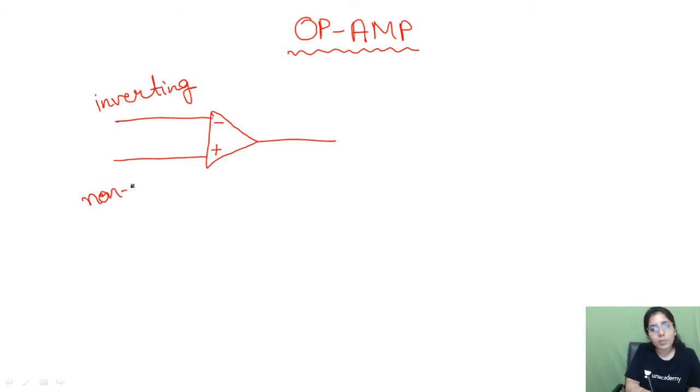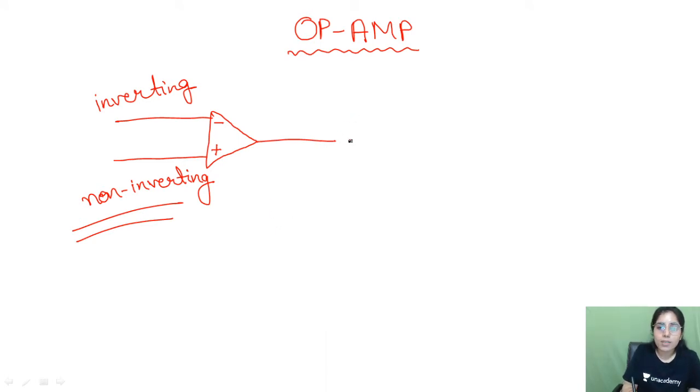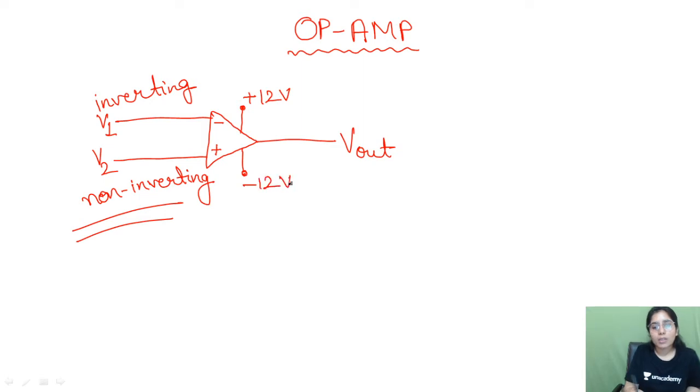The non-inverting input terminal. Now, what are the rest of the things we need to focus on in the op-amp case? This is the output, which is simple and clear in the circuit too. Here you will get the output voltage. This is one input and this is another input, let's say V1 and V2. Another thing is the saturation voltage shown here for the op-amp. Sometimes you will get plus 12 volts written on this side and minus 12 volts on the other side.